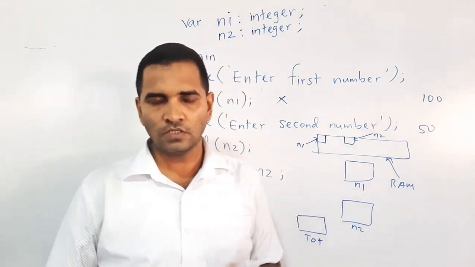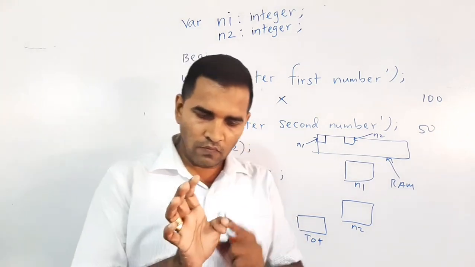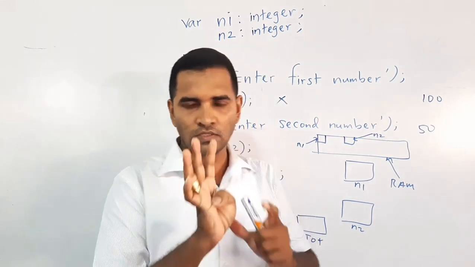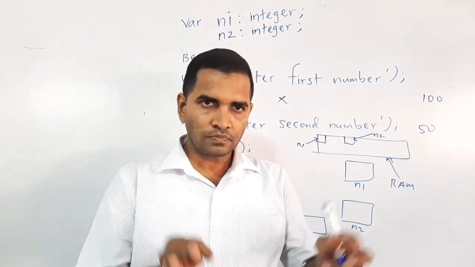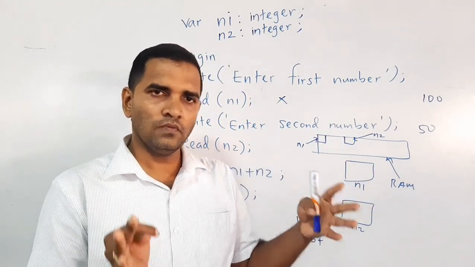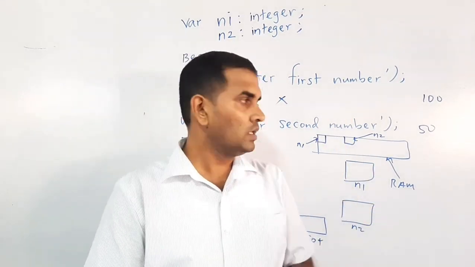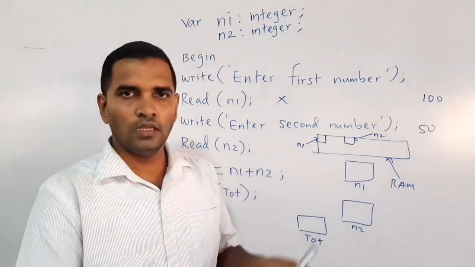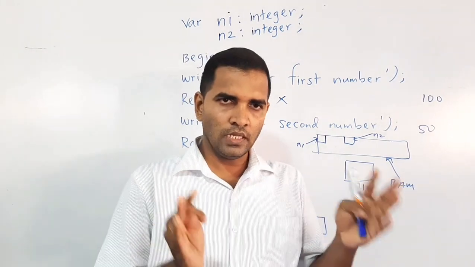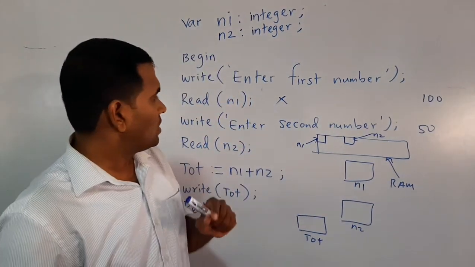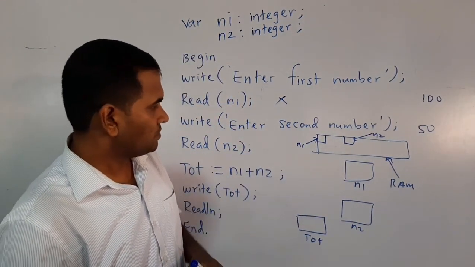There may be some other things, but these are the most important things. Variables are memory locations. That is the first one. It is actually a definition. Second one, the reason for using variables in the program is for storing the data. The third one,